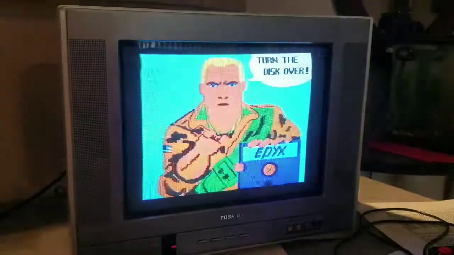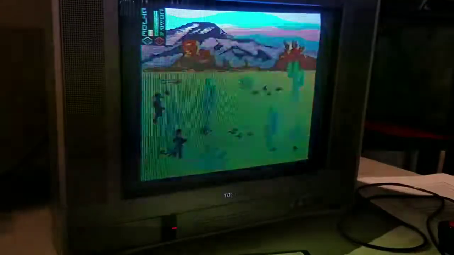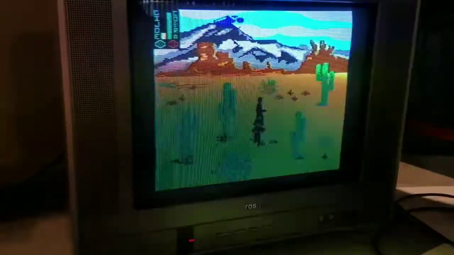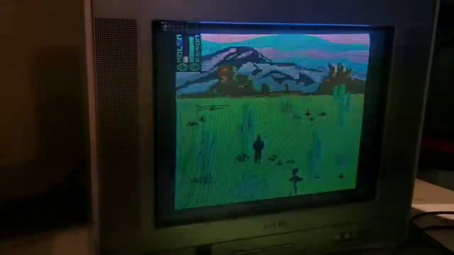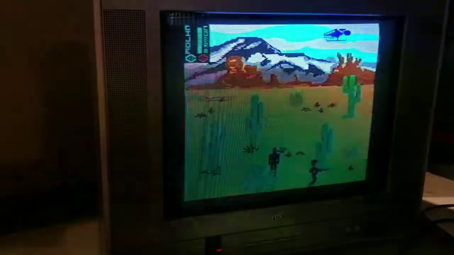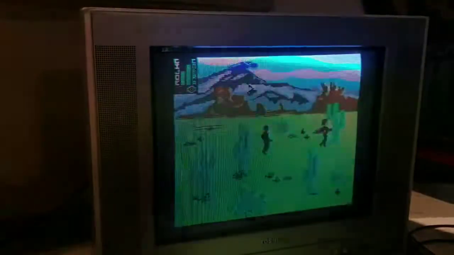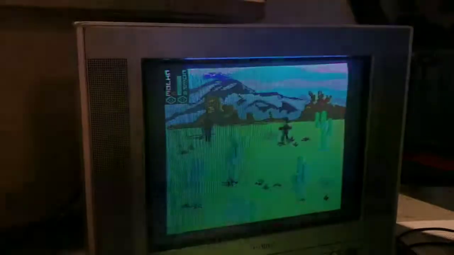Turn the disc over. Anyway, I'm trying to film with one hand and play with another. You can get the idea, basically. It's just a mini game. You shoot each other. There's a lot of mini games in this G.I. Joe game, but, you know,